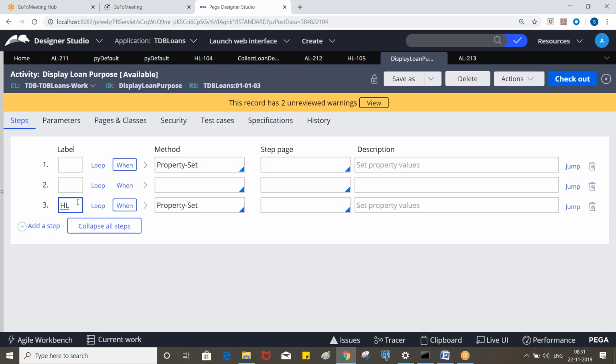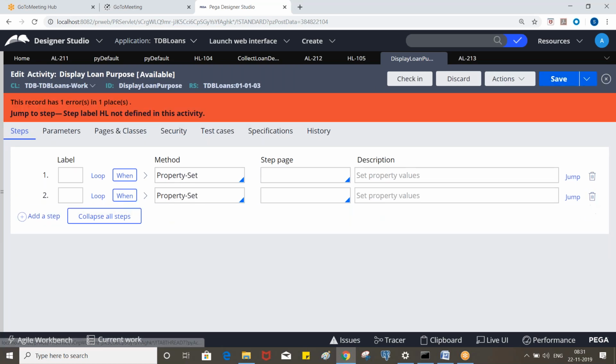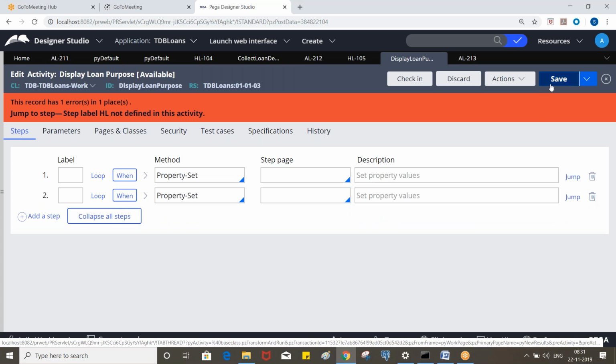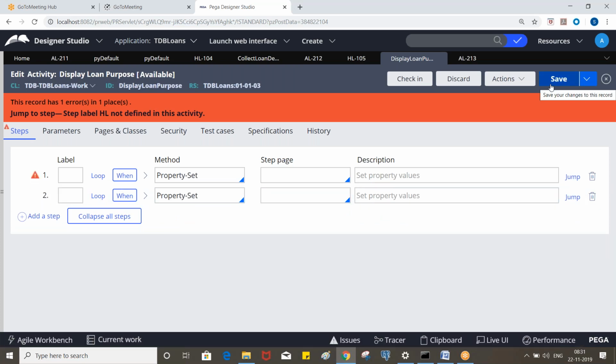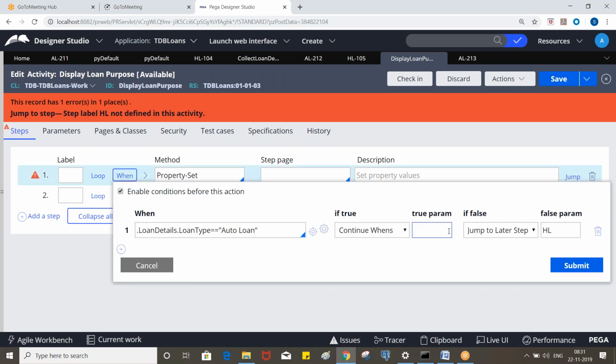Okay, so you can try that. Anyhow, the jumps and preconditions will be covered going forward for different scenarios. Okay, so this is how we display the values in the drop downs through activity.